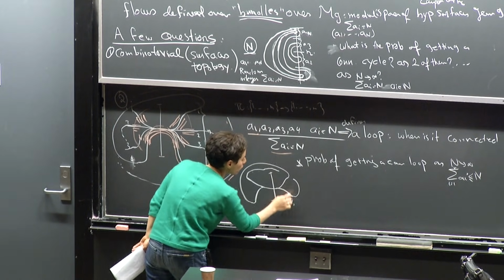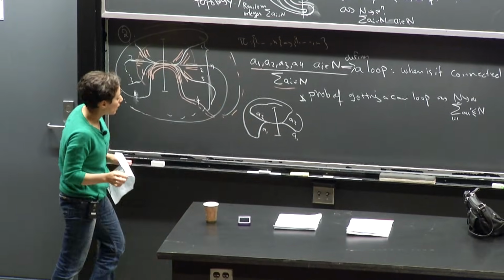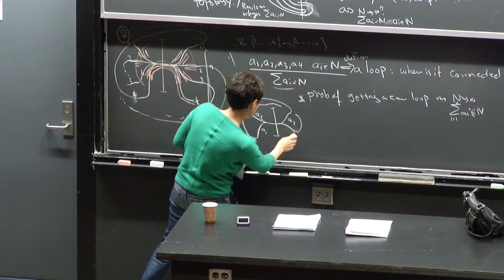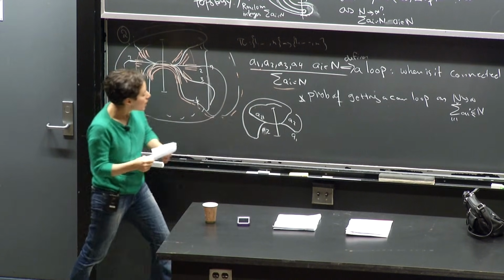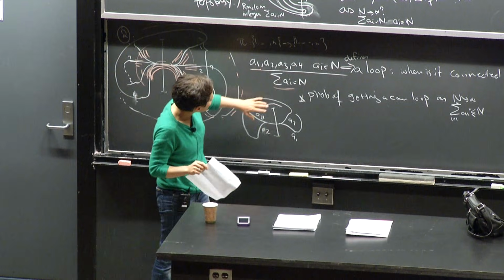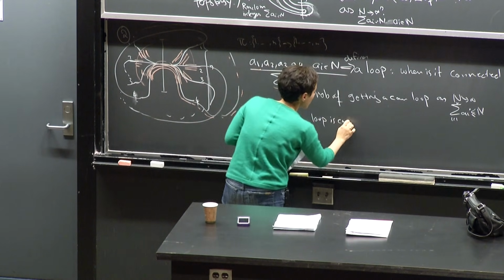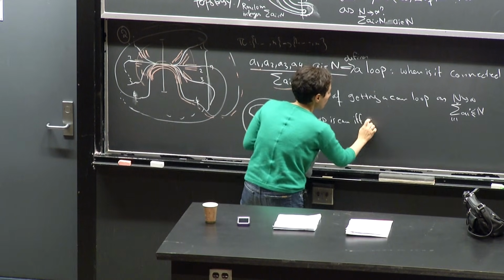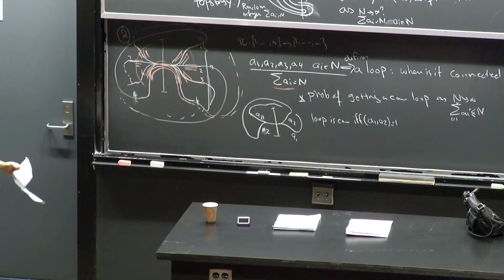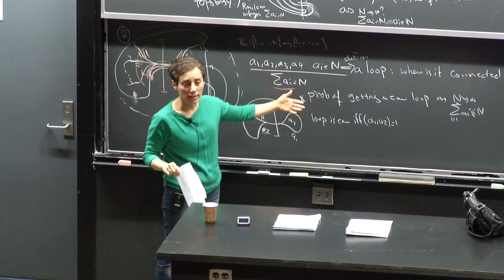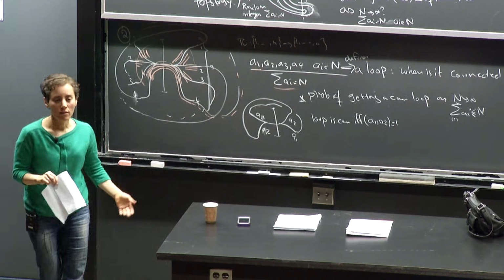And if I put A1, A2 here, and A1, A2 here, what I'm getting is that the loop is connected if and only if A1 and A2 are co-prime. So asymptotically, as n goes to infinity, the probability of getting a connected arc is non-zero, namely 6 over pi squared,